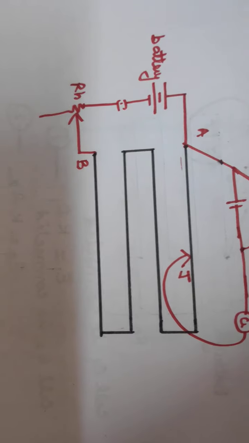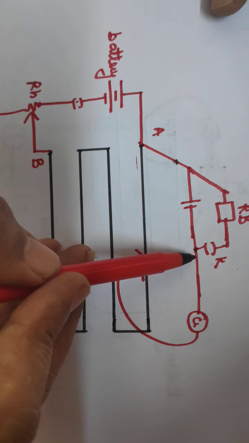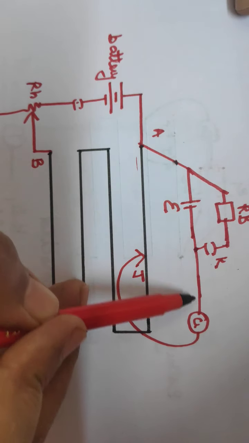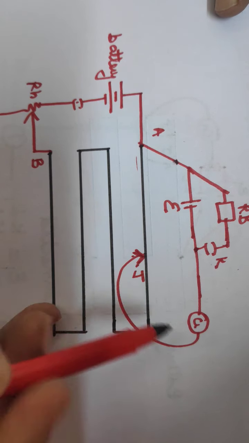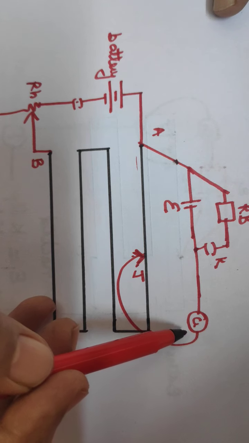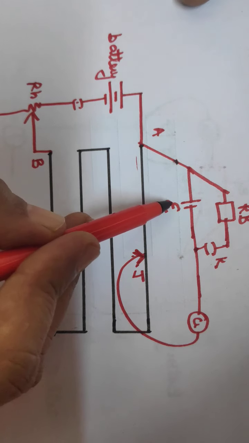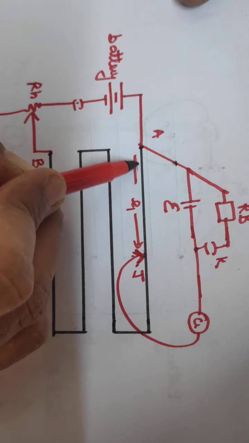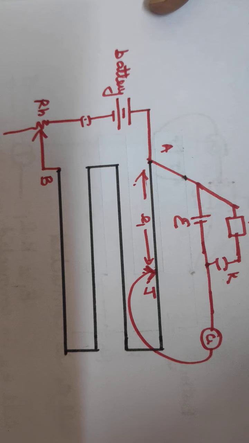Now in this condition what happens, this resistance box is not connected in the circuit, only this cell is connected, and again we make a contact between the jockey and this wire, and we get the point where the galvanometer shows no deflection, that is called the null point. So at null point this EMF and the potential drop across this length, suppose this length is L1, will be equal. So EMF of the cell will be